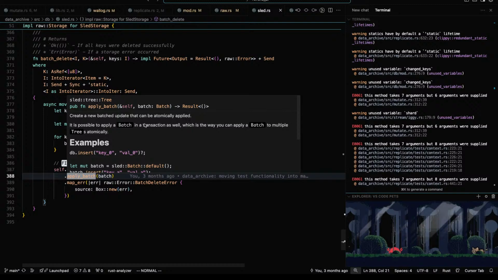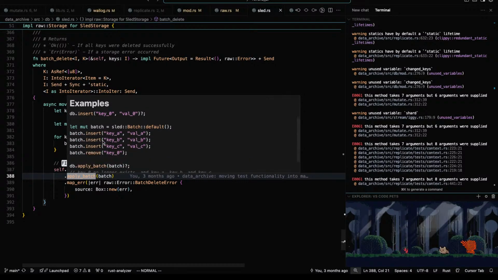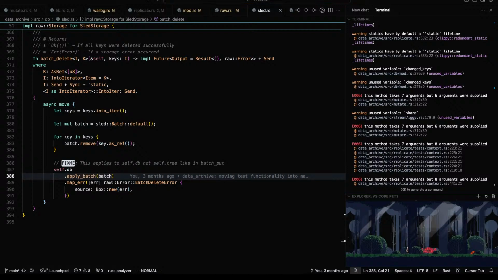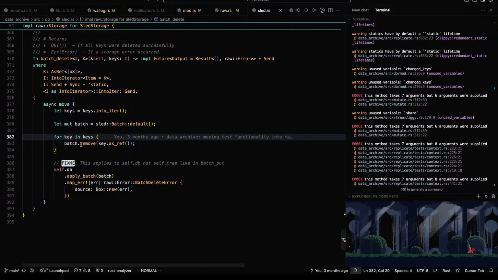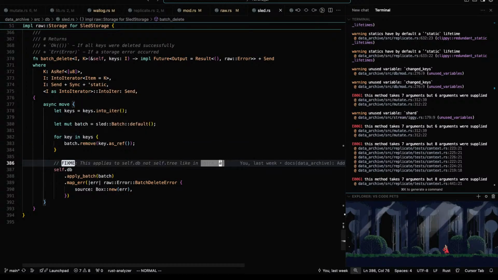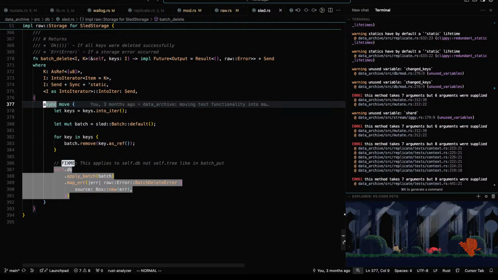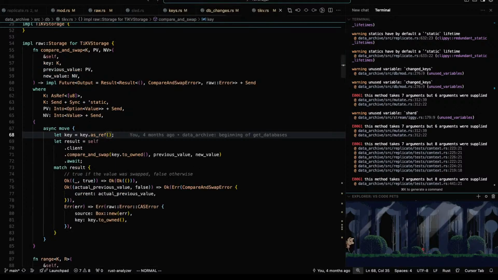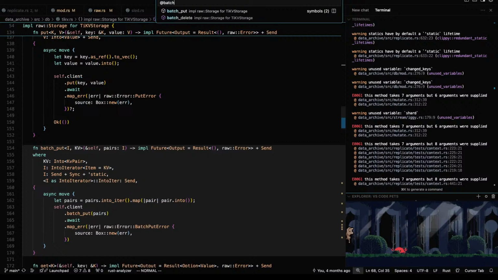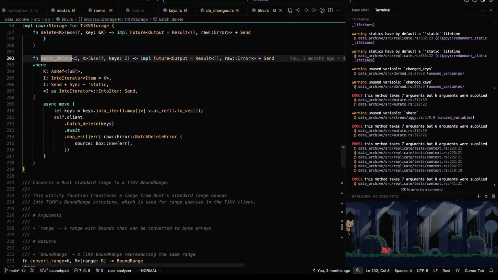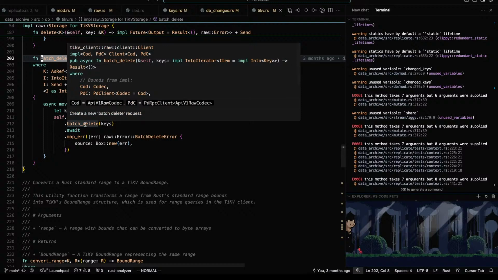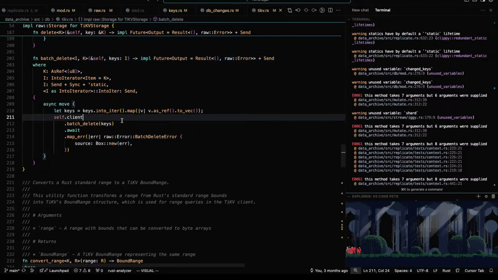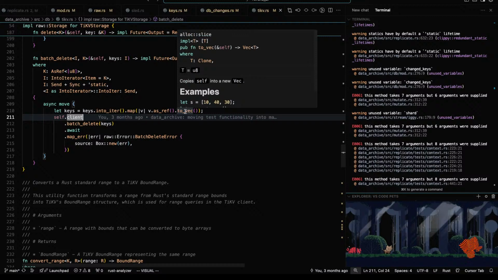Sled, we attempt to delete as much as we can. Now, I don't really care as much about sled as I do TiKV. Get all the keys. What are they doing here? As ref to vector.